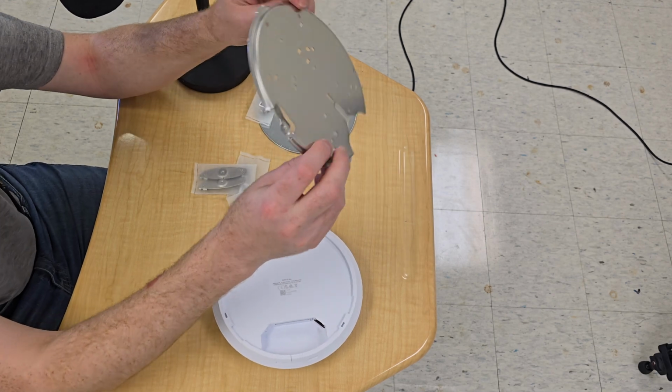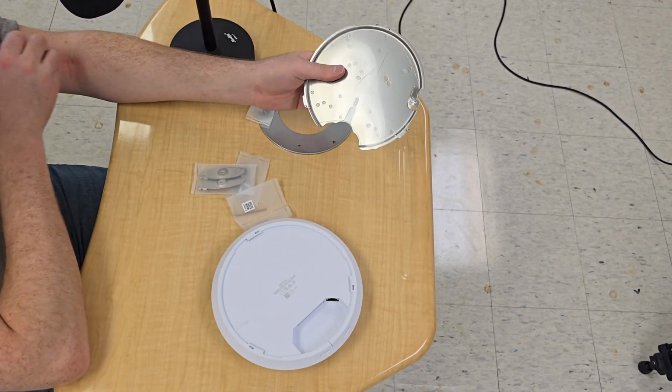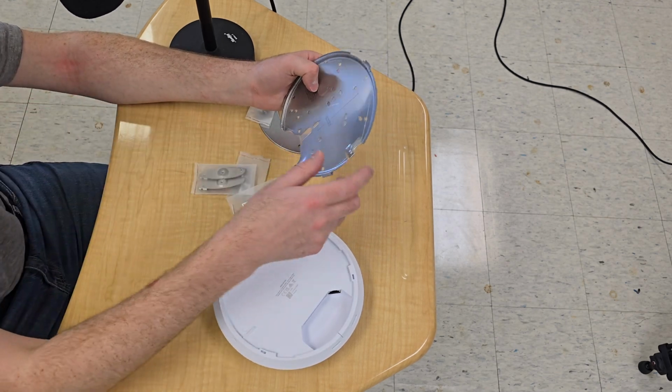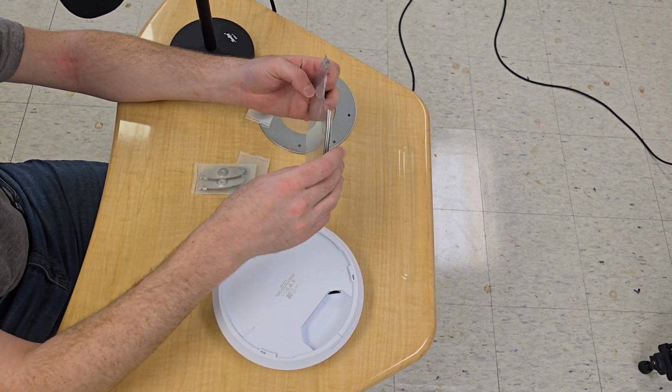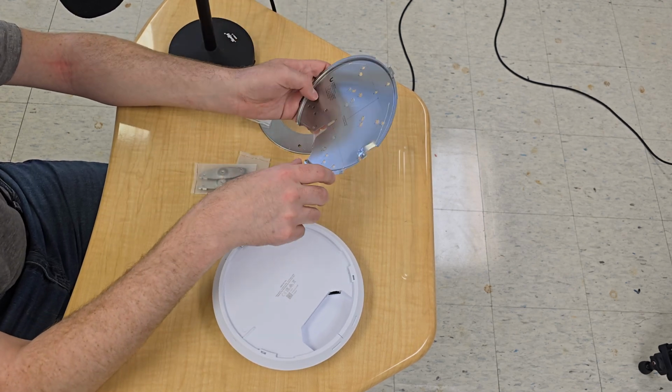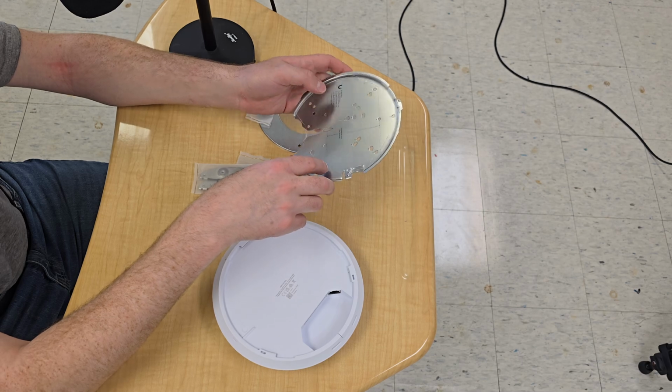Mounting these in multiple surfaces, I've done it on drywall. I've hung it in the ceiling. We've screwed into cinder block. I haven't had any issues with any of those situations